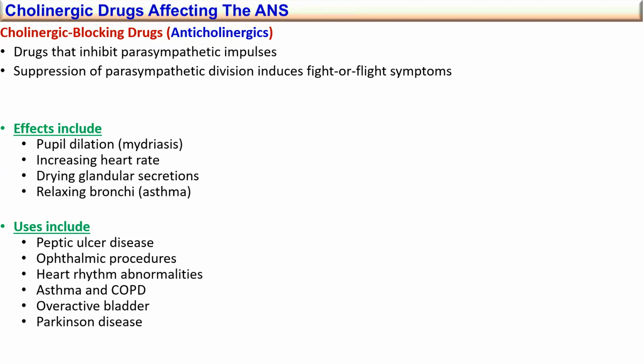The effects would include pupil dilatation. So these are the functions we included in one of the first slides, the difference between sympathetic and parasympathetic. But here, the side effects will be pupil dilatation. So patients on a cholinergic blocking agent, an anticholinergic drug, will have mydriasis, which is pupil dilatation, and increased heart rate, tachycardia,